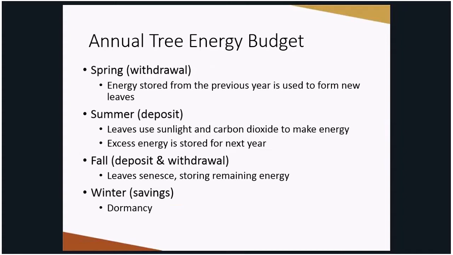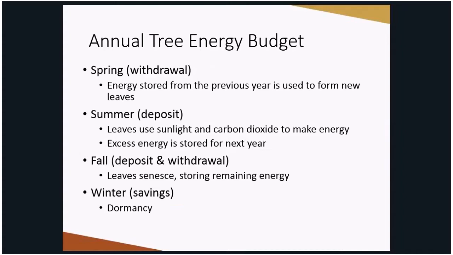During the summer, they're making a deposit into that bank account as that leaf material they made has photosynthesized throughout the year and created energy that can be stored. And in fall, there's actually a deposit and a withdrawal. Trees continue to photosynthesize in the fall, and they're depositing more energy, but at the point where they begin to drop their leaves, that's a time of high energy expenditure, so they're actually withdrawing some of that. And then over the winter is savings,